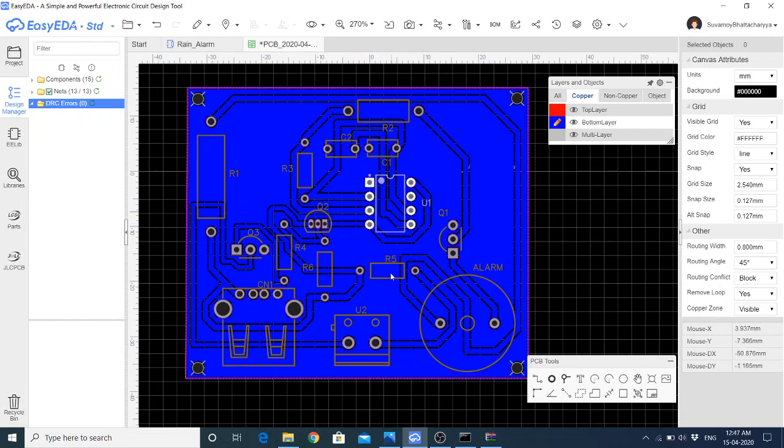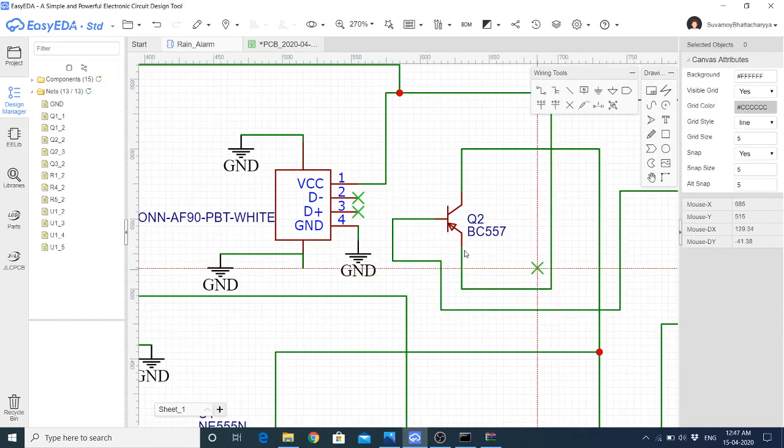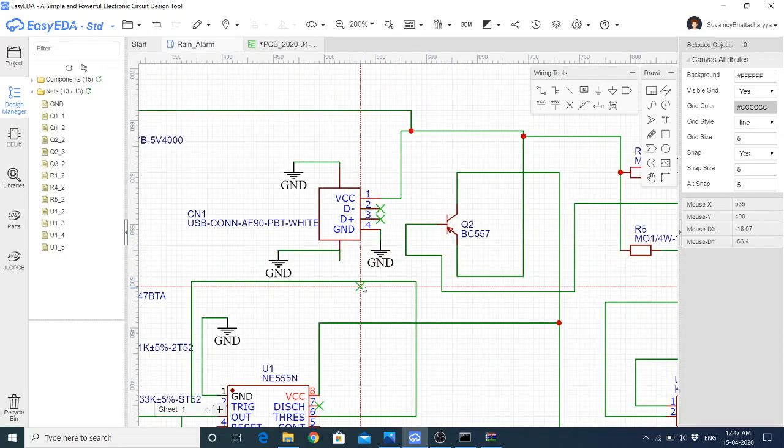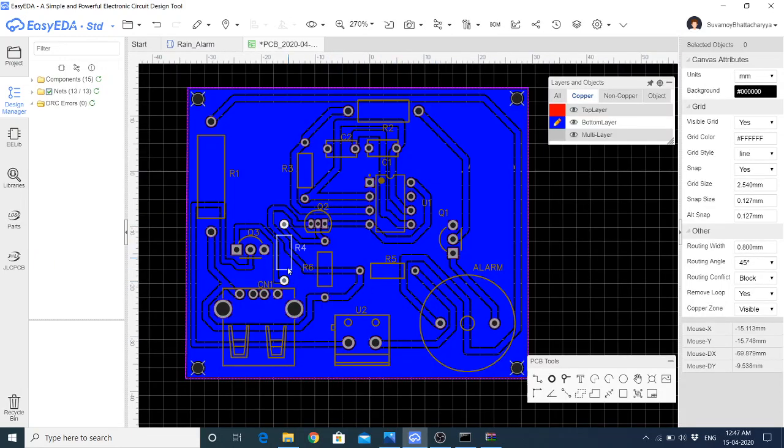Say here, this 10K resistor is quite close to this VCC, and this 33 resistor is quite close to pin number 3 of the 555 IC. Here I didn't put the components that way. That is why it looks chaotic, and